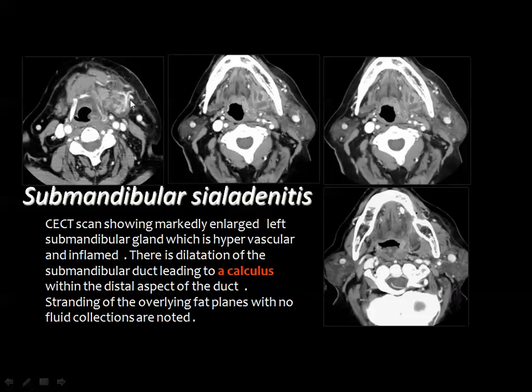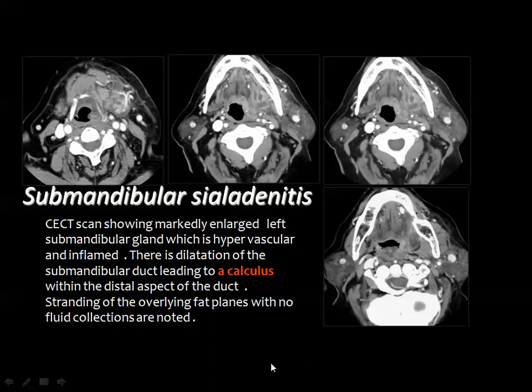The gland is considerably enlarged. It shows a heterogeneous CT density and enhancement with multiple internal marginally enhancing loculi representing intraglandular abscesses. Then when you look carefully along the course of the submandibular duct, you can easily appreciate the presence of a radio-opaque stone here, which is in most of the cases the cause of obstruction